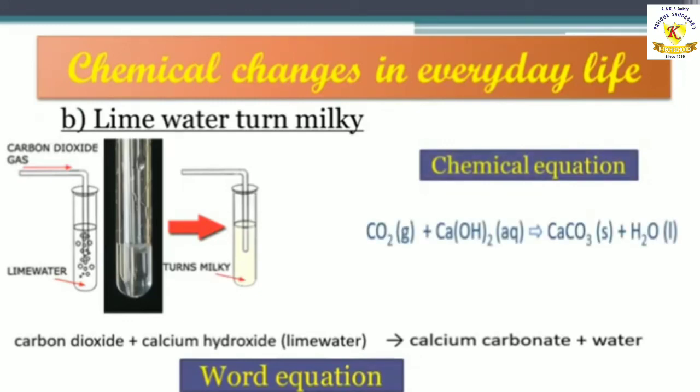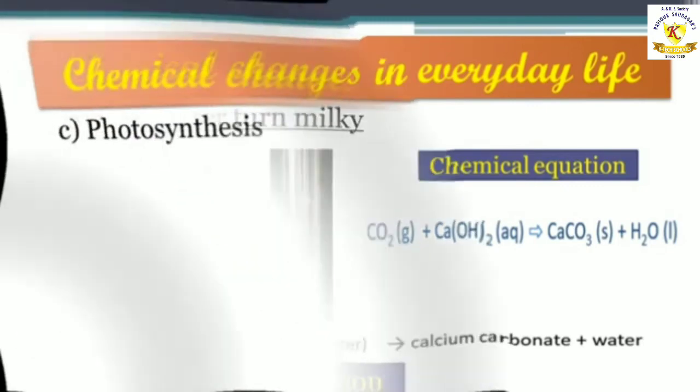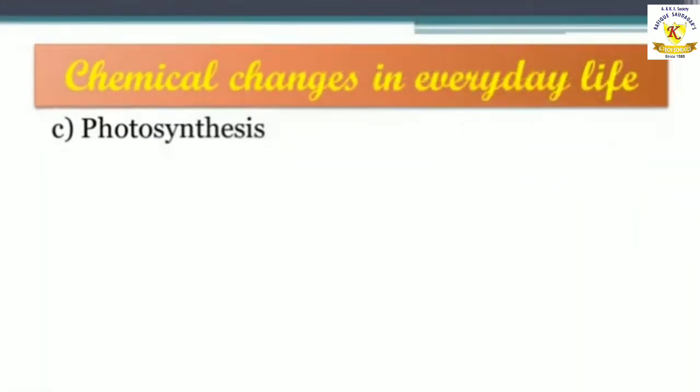The chemical equation is CO2 plus Ca(OH)2 gives us CaCO3 plus H2O, that is liquid form. CaCO3 is a salt, and this turns the lime water milky. So this understood, children? Let's see the next one,